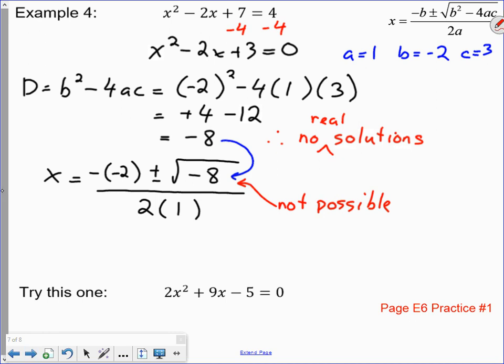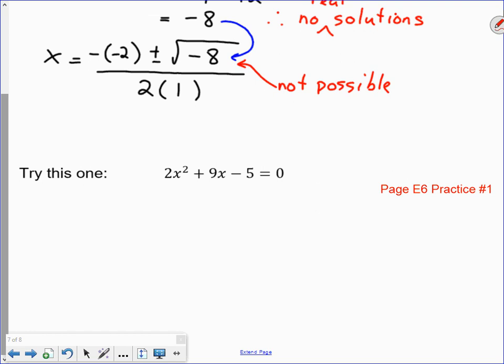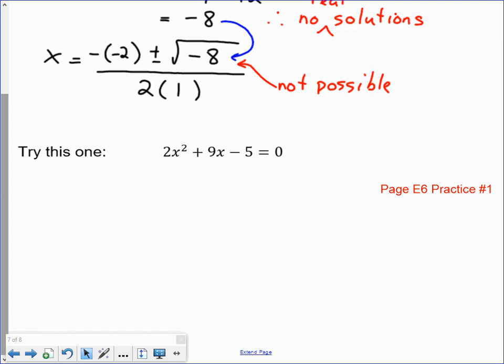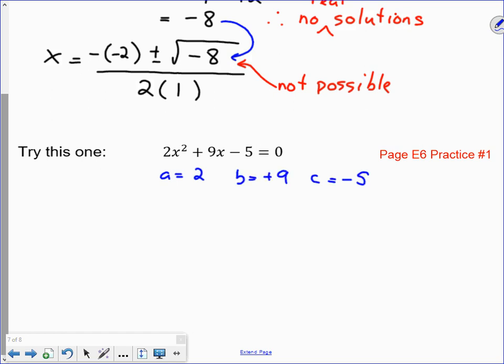All right, try this one on your own. Maybe pause the video, try it, and then I'll do it and you can check your solution. So if I'm solving this one, I'm going to figure out my values of a, b, and c. C is negative 5. And then I'm going to evaluate b squared minus 4ac,